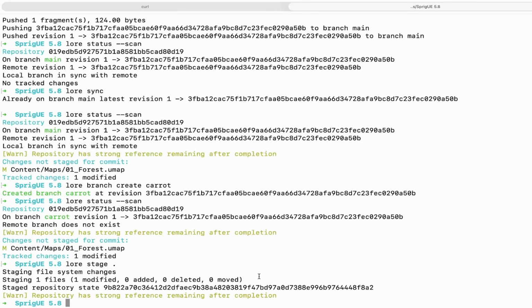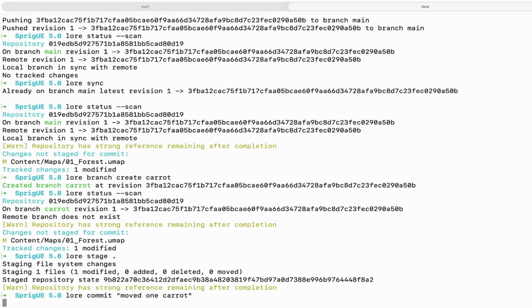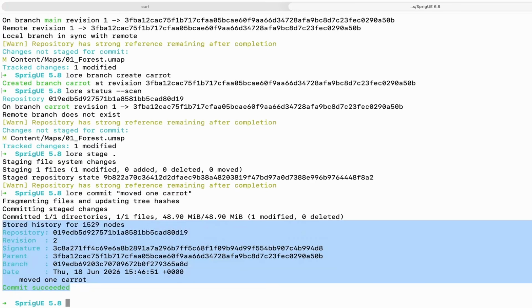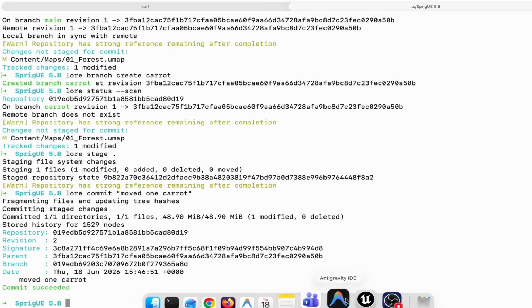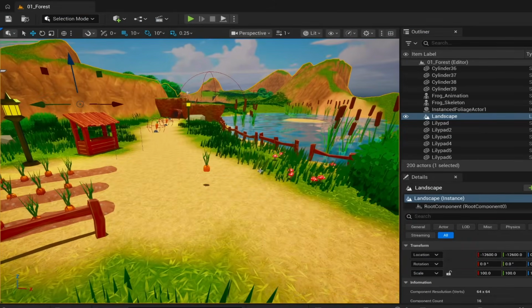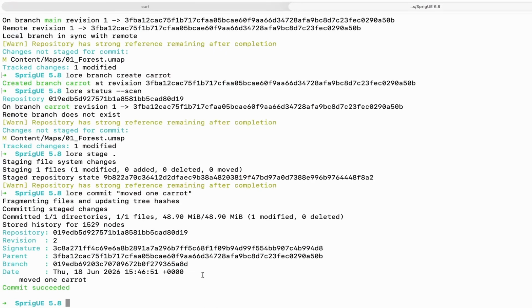What I can do is say lore commit, and I can put a description for that commit, and I can say moved on carrot. So basically what I have here is my local branch carrot. It has state changes with that carrot move here. That means main doesn't have it, but I switch to my different branch, and that branch will have a carrot here. So I can notify my server that I have that new branch. I can do lore push,